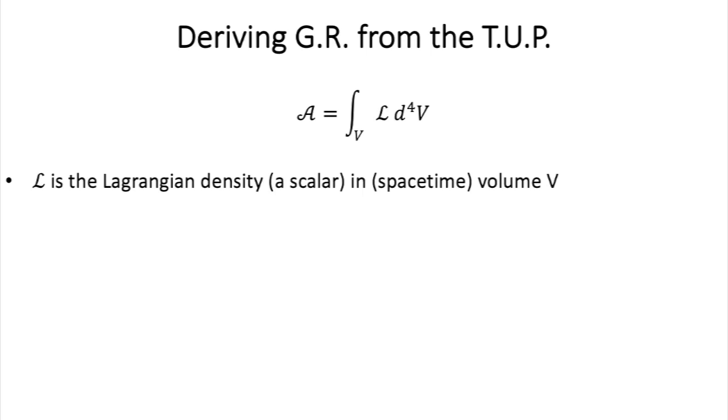Therefore, in that case, the action looks like something like this. Now, in classical physics, we've seen that the Lagrangian here is a function of dx over dt and x, which measure the position of the particle object and its derivative. And that was assuming one-dimension movement, like on a line.